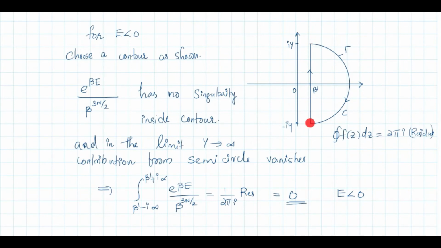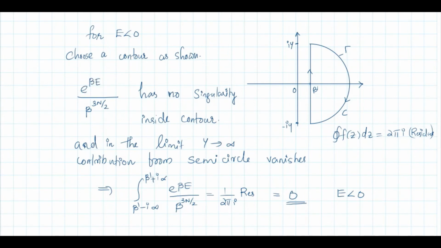So this integration should be along this line, and using the method of complex integration, you need a closed contour. I have two options: either close this way or close in the opposite way. Why do I close it in this way? Because here I consider the case E less than 0, that is, E is negative. If I close it on the left side, beta will also be negative and beta E becomes positive, and in the limit beta tends to infinity, the integrand will diverge.